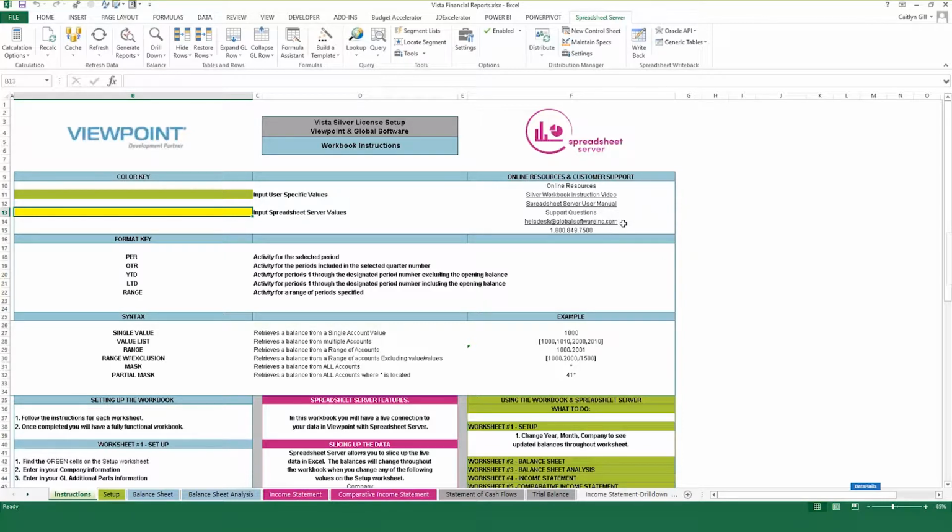Most importantly, our email to our help desk and our help desk number. So I want all Silver users to be aware that the help desk is available to you. We have a 2-hour callback policy, and we are awake and ready to answer your questions 24/7, 365 days a year. So anytime you have questions, we're there to answer, and we service and support you from our North American headquarters, which are in Raleigh, North Carolina,